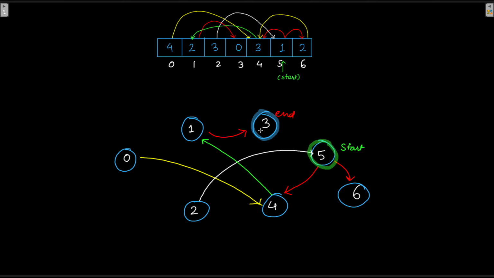Now it is possible, as I said, that there could be a 0 which is not a part of this graph. It could be outside this graph. Which means this array could be depicting not just one graph, but two graphs, or you could say one graph with two separate connected components, which are not connected to each other, and that is possible.